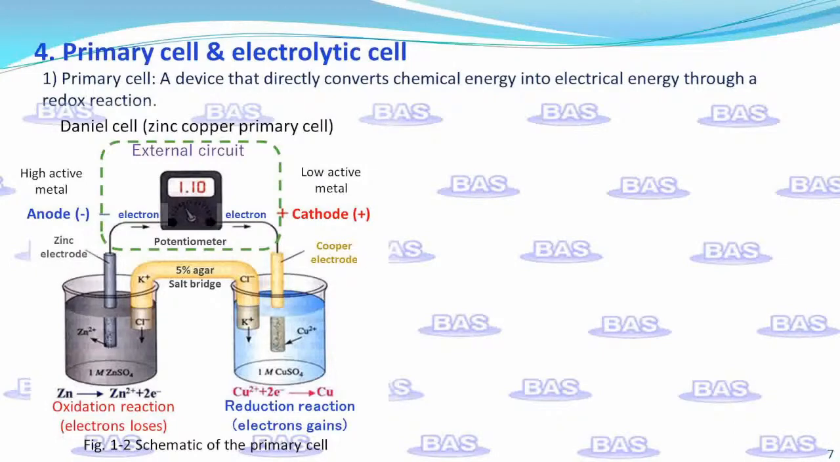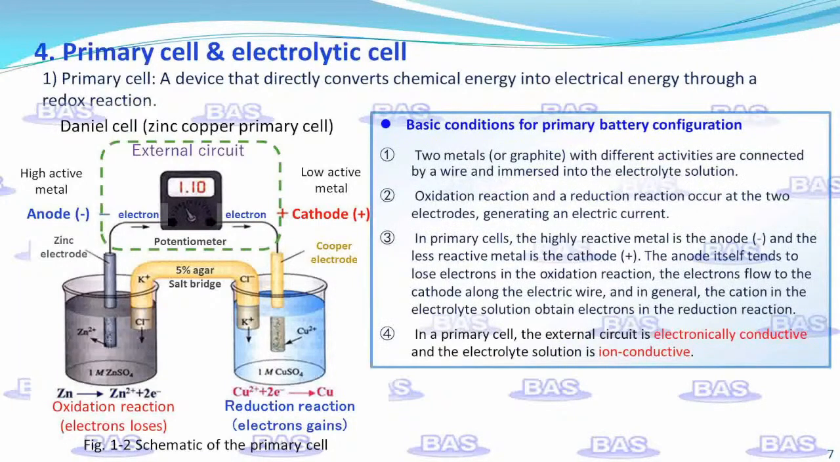Therefore, by using an electrochemical device such as a primary cell, the oxidation and reduction reactions can be distinguished between the two electrodes. In general, the following basic conditions need to be met to form a primary cell. Two metals with different activity are connected by wires and immersed into the electrolyte solution. Current is generated due to the oxidation and the reduction reaction